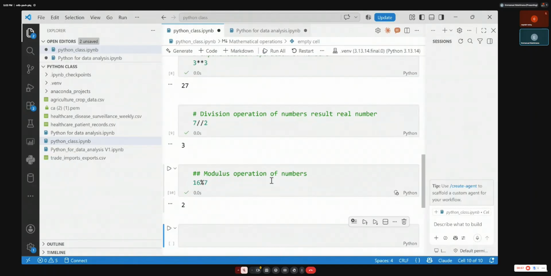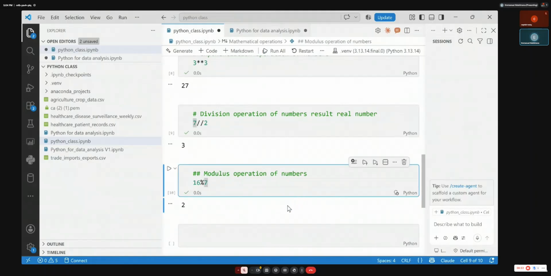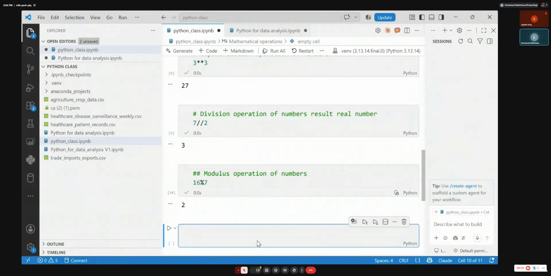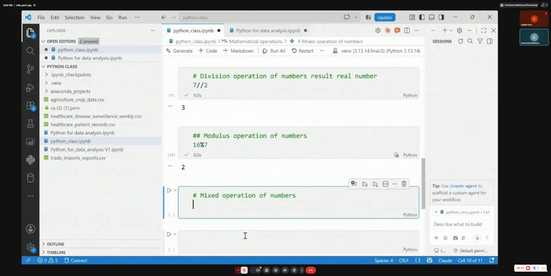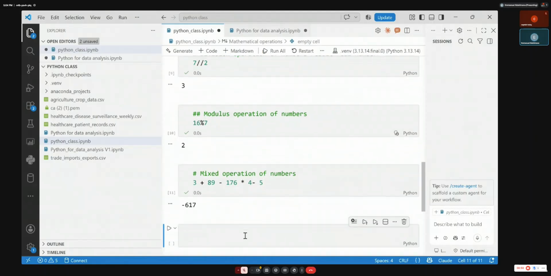So the mathematical operations, you can even combine. You can do multiplication, division, and use parentheses and whatever. You can make a complicated operation and mix everything, the same thing you can do in the calculator. Let's call it mixed operations. Let me see what it is going to suggest. Mixed operations. You see, you can take something plus something minus something times something, minus 5, whatever you like. If you run it, it gives you the result.